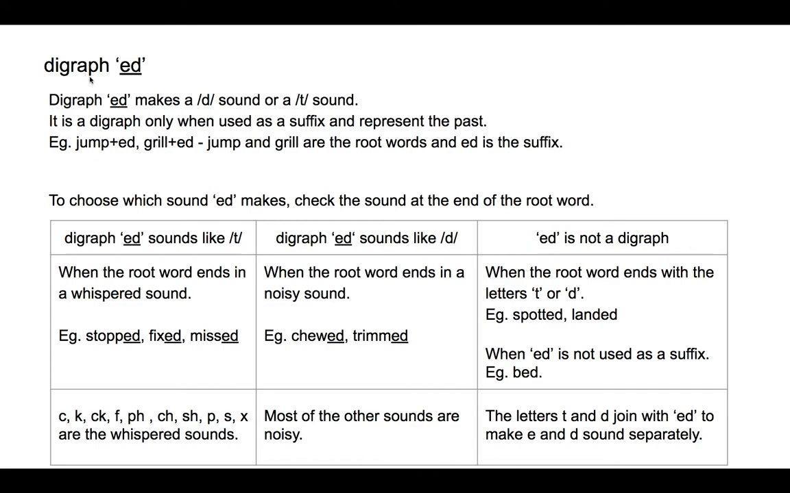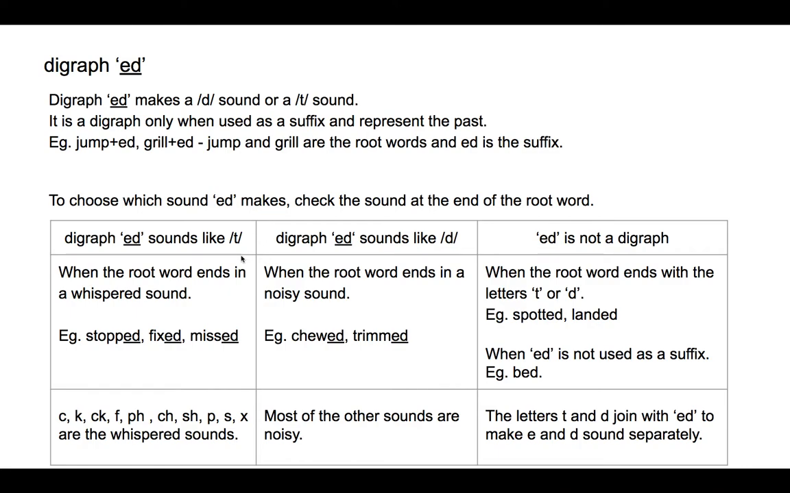Now let us see the digraph ED in detail. It makes a D sound or a T sound. It is a digraph only when it is used as a suffix and represents the past. For example, jumped, grilled. Here jump and grill are the root words and ed is used as the suffix. To choose which sound the digraph ed makes, we need to check the sound at the end of the root